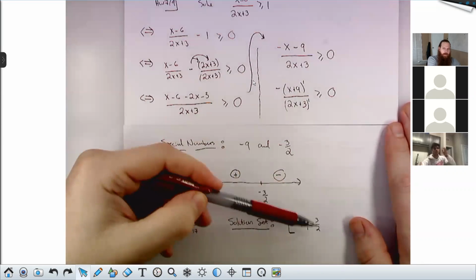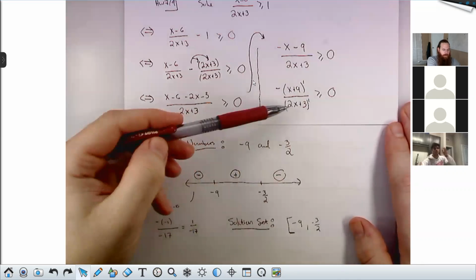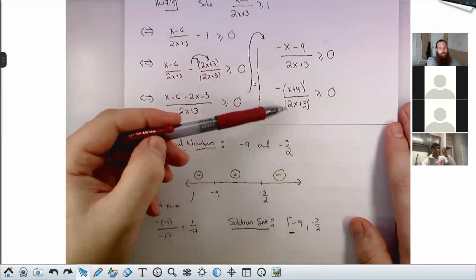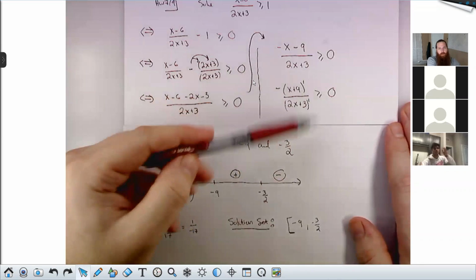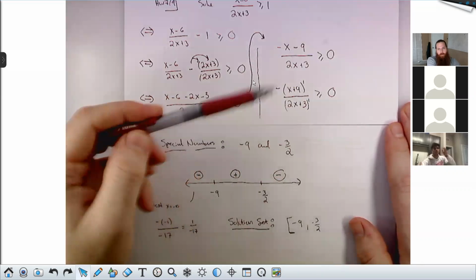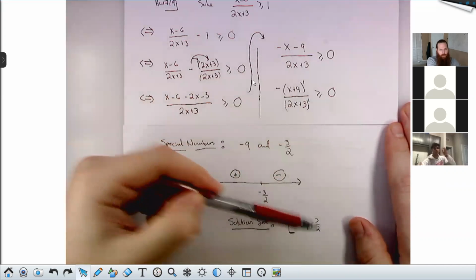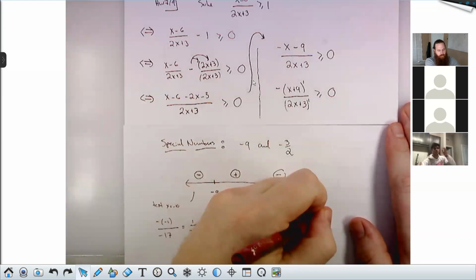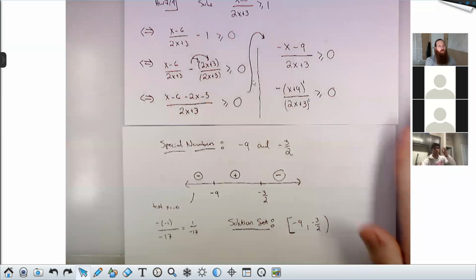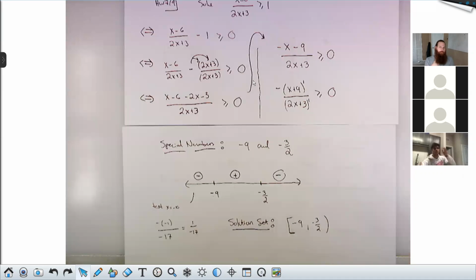But if you go plugging -3/2 into this expression, you make the denominator 0, which makes the whole thing undefined. And being undefined means I cannot include this value in my solution set. So I have to use a parentheses over here. Yep, you can plug in, or the kind of easy, I wouldn't say easy way, but if you want to remember a rule,